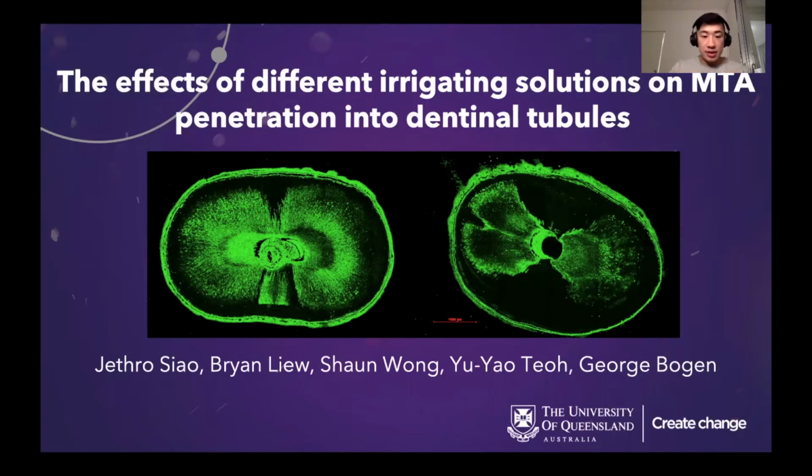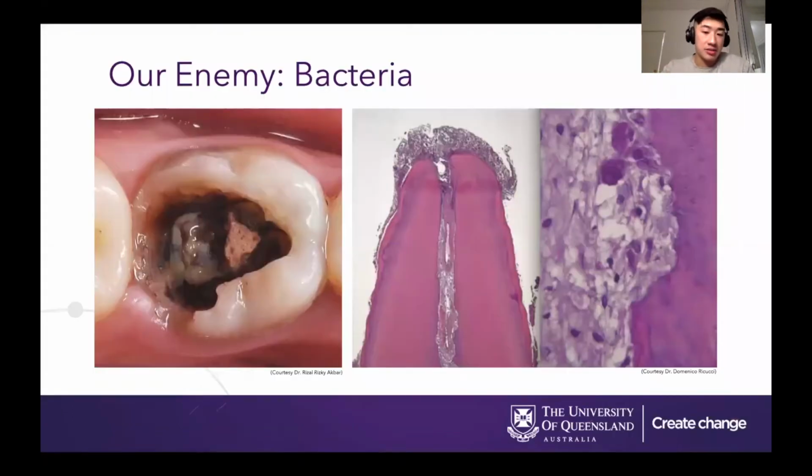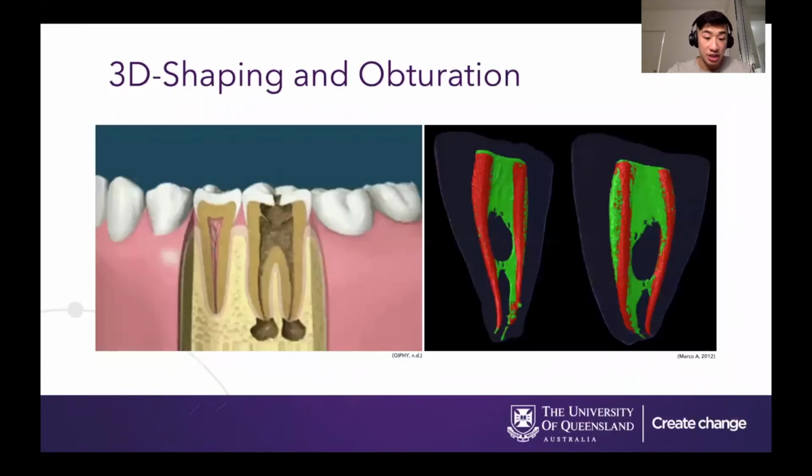So let's begin. Our greatest enemy is actually bacteria, right? When decay happens, the bacteria infiltrate the pulp, and pulp necrosis occurs, causing periapical pathology and pain if left untreated. A clinician's job is to remove the decay, shape and disinfect the pulp chamber, and then obturate it with an inert